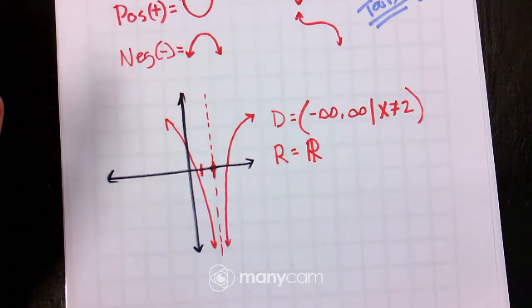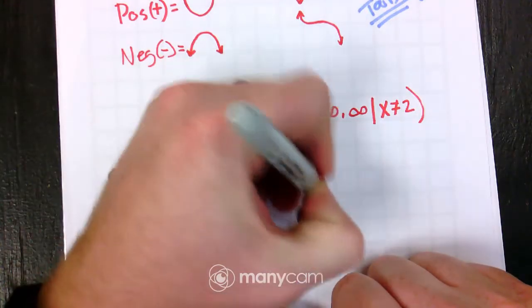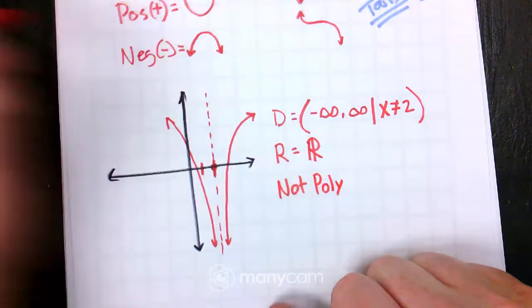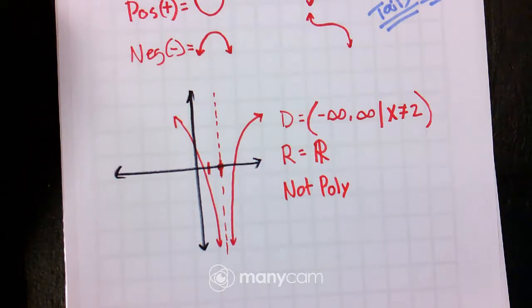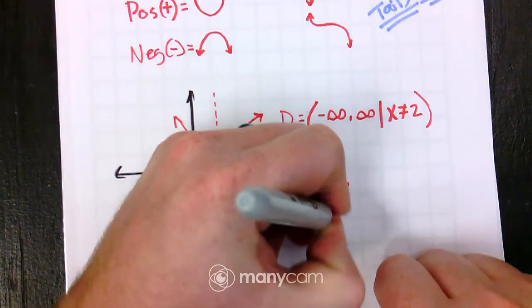But now I have to ask, is it a polynomial? So it's not a polynomial. And why is it not a polynomial? Yes, because